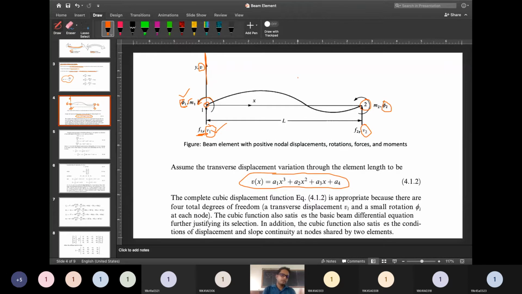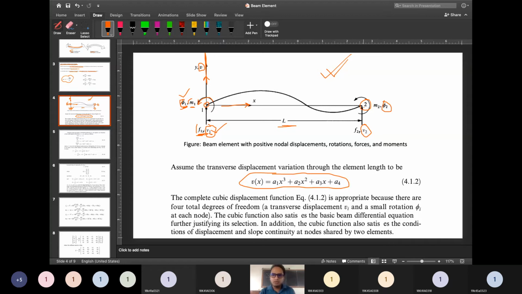Okay. So if that question is asked for beam element, you have to draw this diagram. What you can see here, you have to write all those notations that you can see here, that this element is of length L, this is representing your x-axis and this is representing your y-axis. At node number 1, force F1y is acting and moment M1 is acting, and displacement V1 and rotation phi1 is your degree of freedom at node number 1.